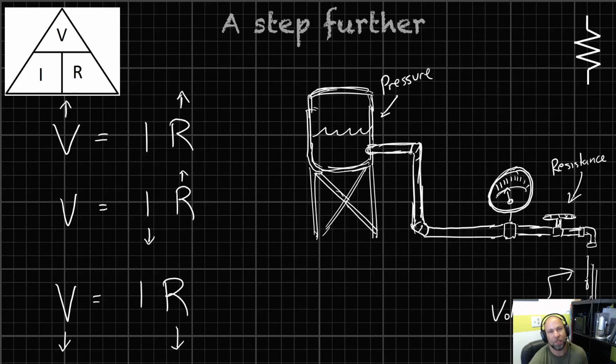And I keep using this analogy, but it just seems to work for me, and I hope it does for you too. If we've got our water tower, and that represents our voltage, our pressure, and we're looking at the amount of volume of water coming out the end of a pipe, the more pressure in the water tank is pushing water, the water should come out at a higher volume. It should come out faster. So more pressure, more voltage, more current. But if we have